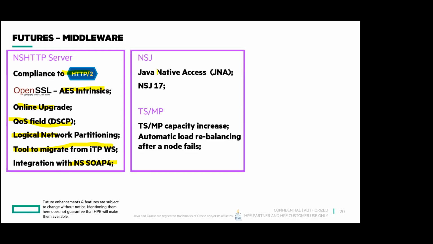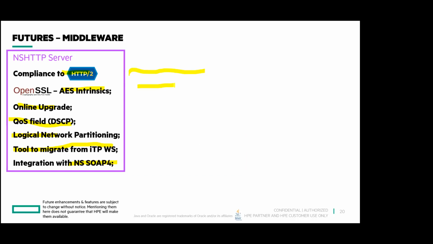So NSJ, the Java continues, and then we are going to offer Java native access. As of now, in the NSJ domain, we are offering something called JNI, Java Native Interface, which helps an application running on Java to integrate or invoke APIs on the native platform, right? Platform native APIs. Java native access is one more method. I hear that Java native access is much simpler, easier to use. So that's what we are going to offer shortly in the future. And the next Java release will be NSJ 17. It will jump from 11 to 17 because 11, 17, etc. are the long-term supported versions of NSJ or Java. So that will come later. Sorry.